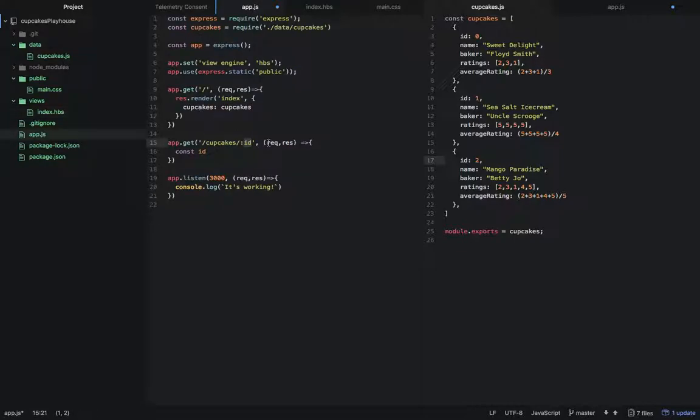So we can name this name, and as long as we reference it in our req.params.name, then we will still get the ID coming back to us. For example, we'll just res.send ID, and we should be getting 0 back, or 1, or 2, depending on the